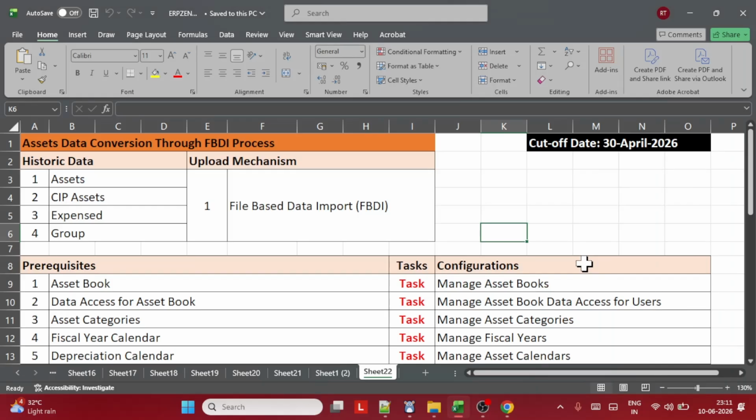In today's video, we will see how to import assets through the FBDI process, that is data conversions through FBDI process. Now the cutoff date is 30th April 2026. We load the assets which are active as on 30th April 2026